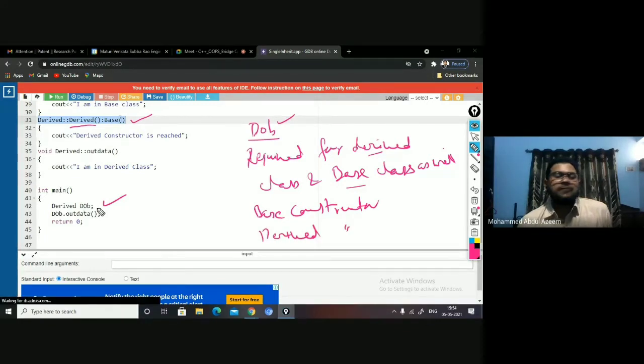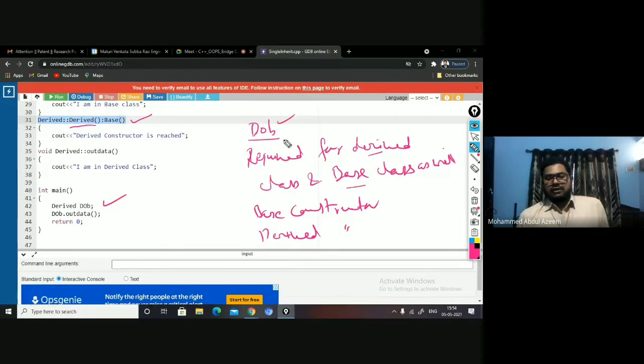Okay. And it initializes the base class members. Then the derived class constructor is going to be called to initialize the derived class members. Okay. Got it. Now the object is created.